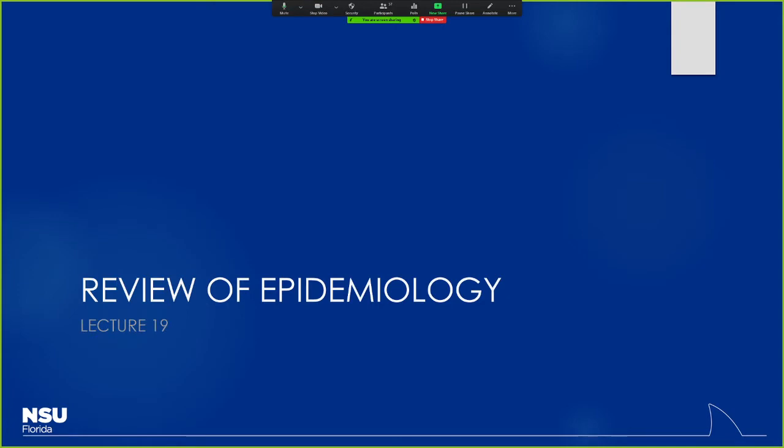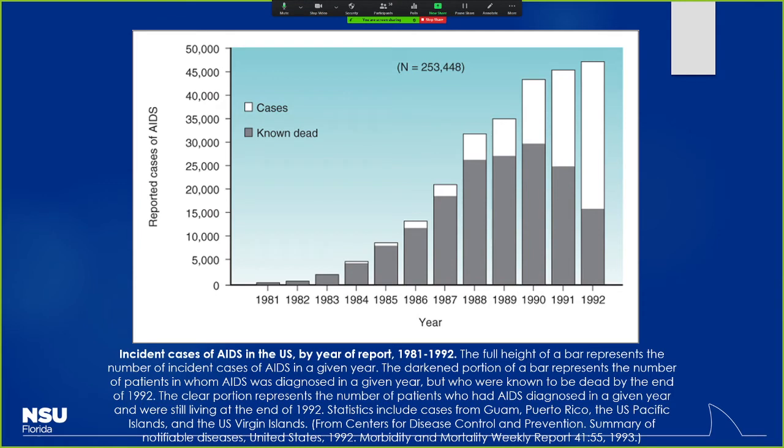So without further ado, let's start reviewing our stuff here. Incidence and prevalence was certainly something I wanted to highlight again to make sure you have a good conceptual understanding of it. For instance, if I said point prevalence, you should be able to point out that yes, it is at a very specific point in time: what is the number of people who have the disease right now? Versus incidence, which is typically the number of new cases over a period of time, say like a year or something like that.